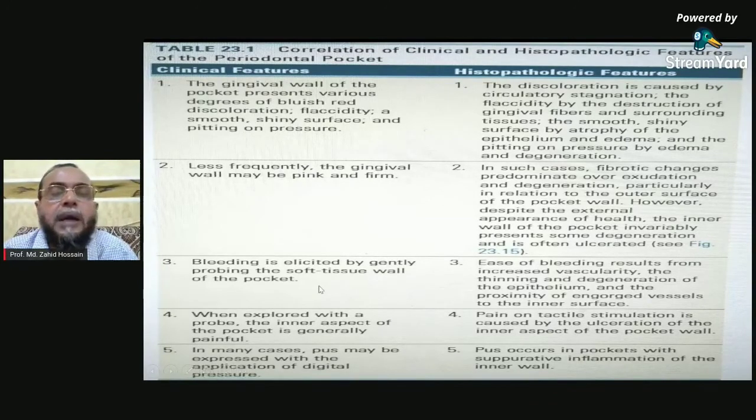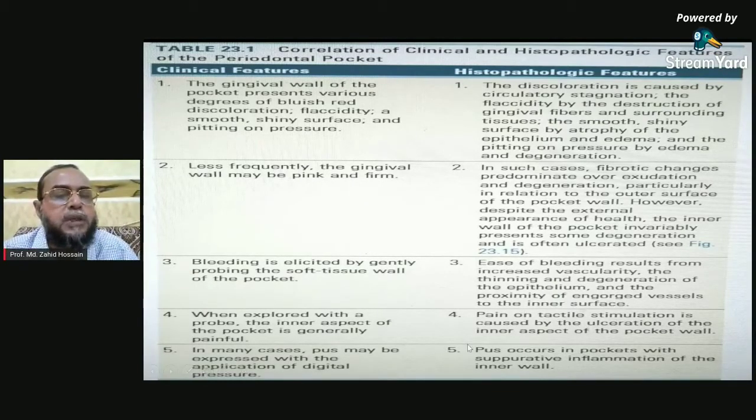Bleeding: if you probe it, you will feel it, because ulceration has occurred in the subsurface area, in the subepithelium. Actually, for periodontitis or pocket formation, you will find the ulceration at the basement lamina, I mean the epithelial-connective tissue contact, where the epithelium connects to connective tissue. So if we insert the probe, bleeding can occur from the deeper part. For gingivitis, you will find superficial bleeding because the ulceration is in the gingival epithelium.